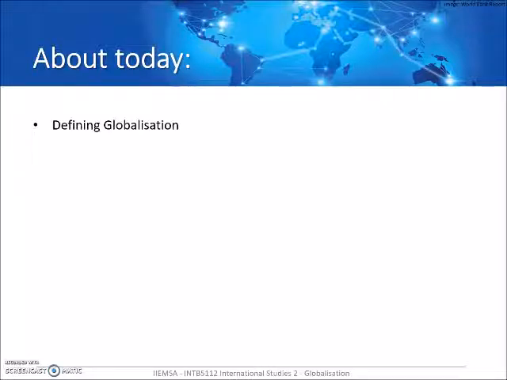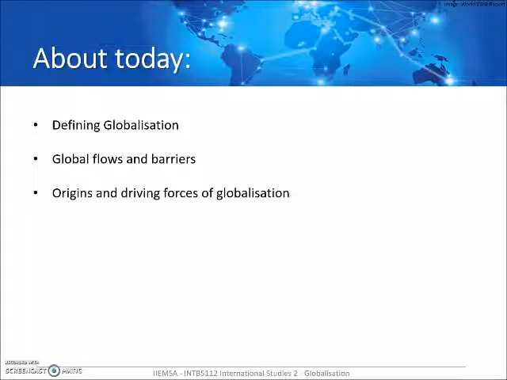So we're going to start by defining globalization, looking at what is globalization, how has it been defined. We'll specifically look at global flows and barriers. You will see what that is, but it's one of the core concepts in globalization. We will look at the origins of globalization and at what have been the driving forces. We'll also specifically look at what is globalization from above and what is globalization from below, and to what extent are they